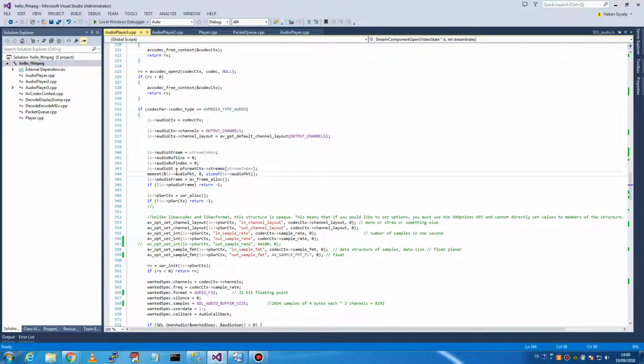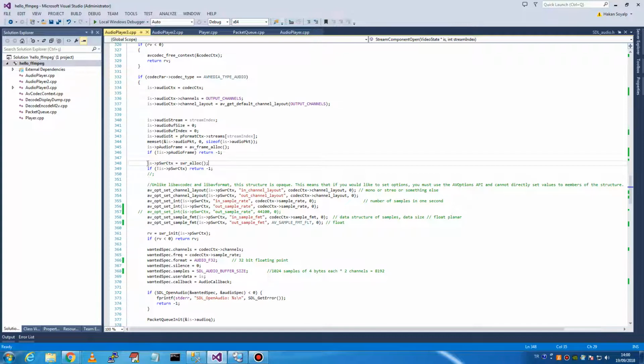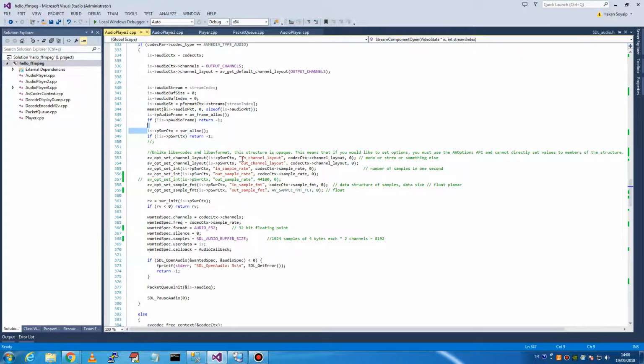Here we make our audio packet 0 as default value, allocate frame, allocate SWR context, and we set its options. Channel layout we get from decoding context. We make it the same as the output. We want to use the same channel layout. It's mono or stereo. Sample rate we don't change it,